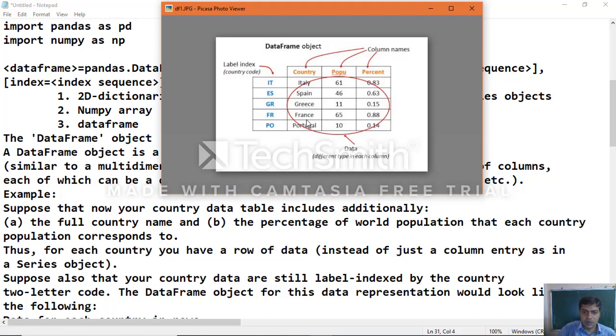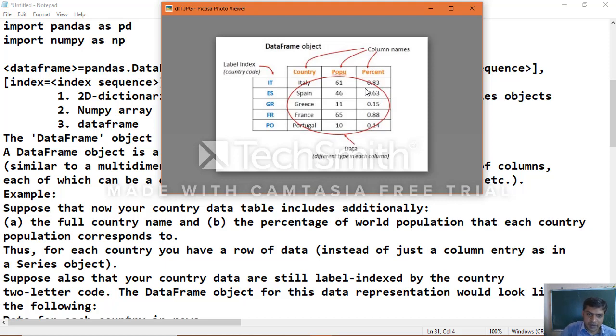So you can see the population and the percentage of that country. So each country has a population and the percentage of that world population, that is, how much percentage this country has among the total world population.